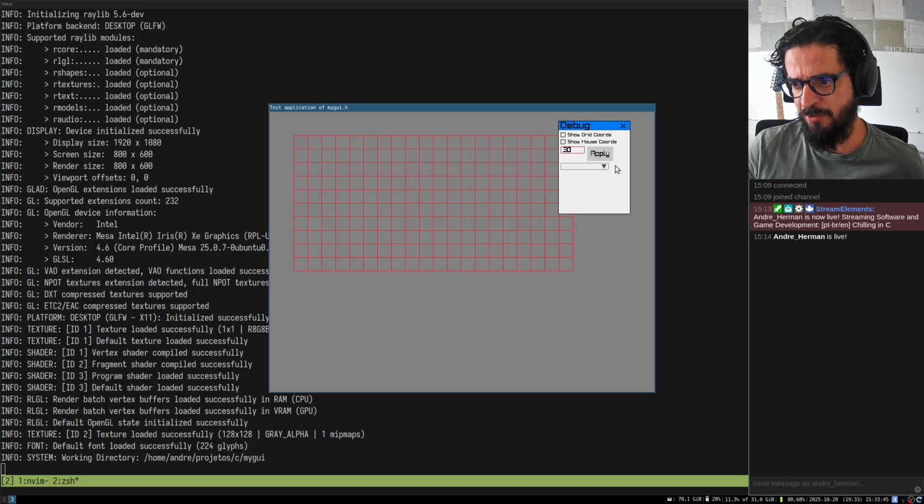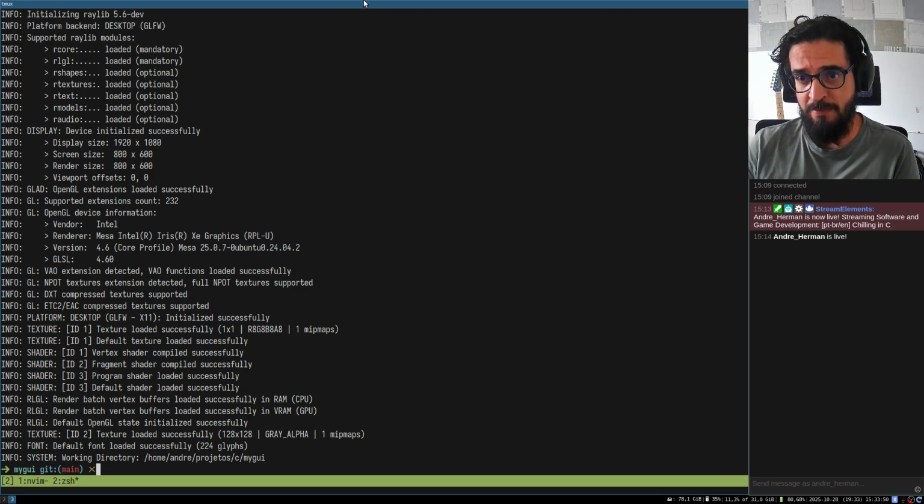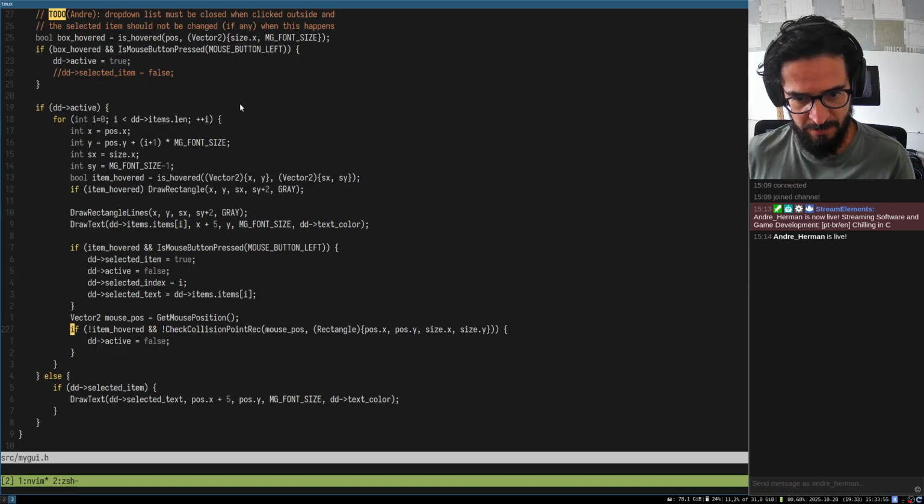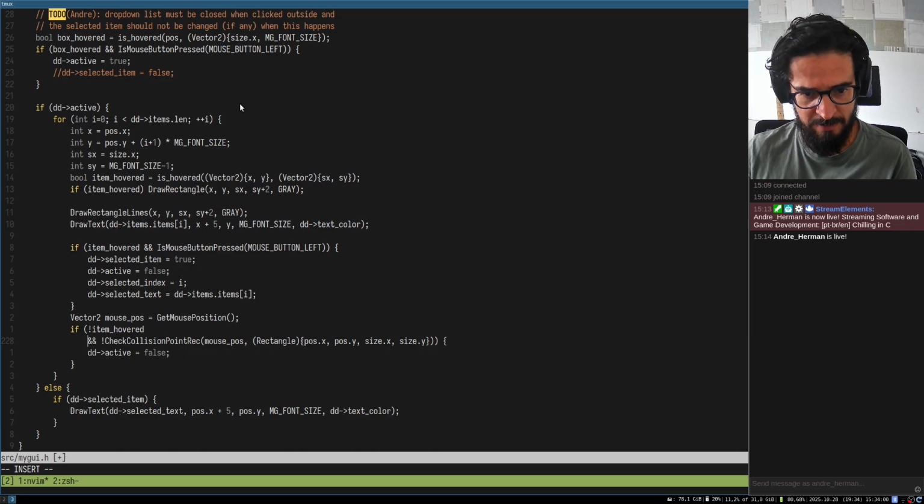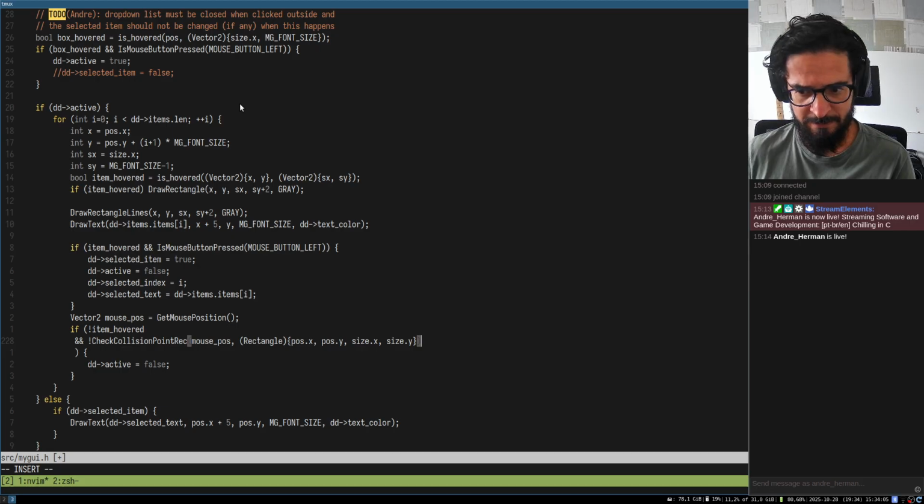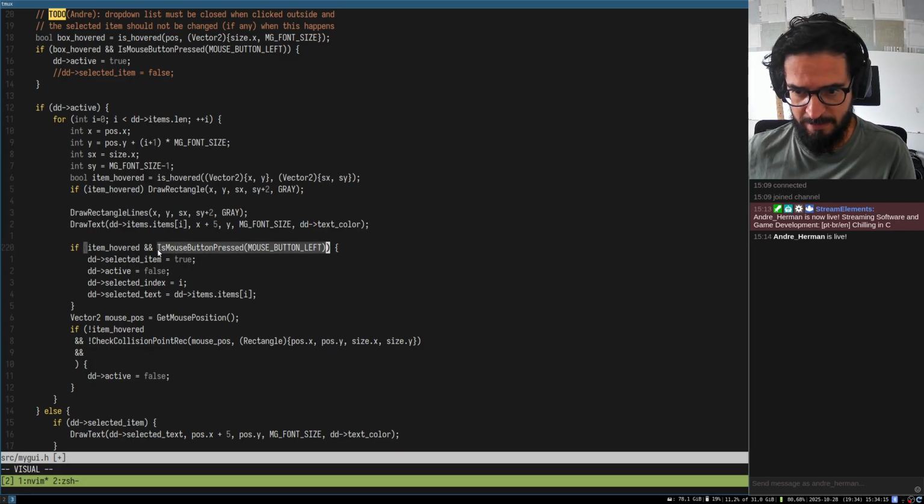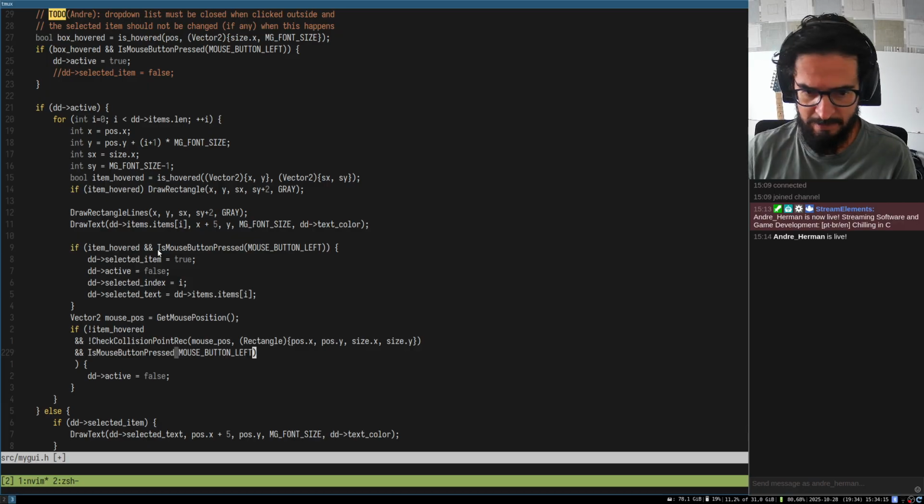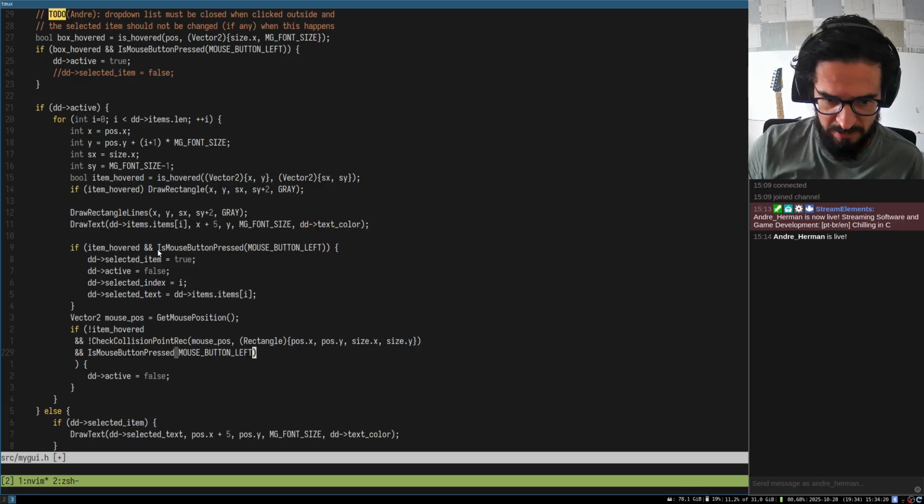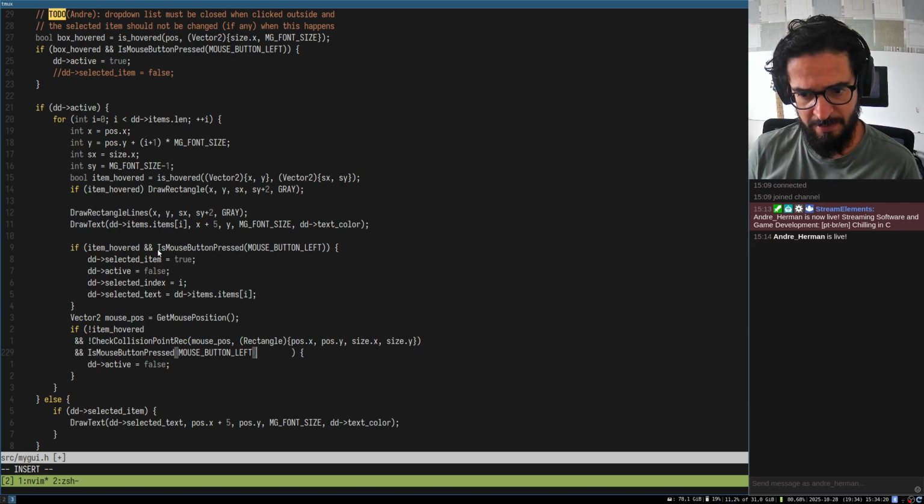Okay, almost there. Okay, it's not hovered, but we have to click it. We have to click it as well. And so just one more condition. It has to be this and this. And it's is clicked, like that. The left mouse button is clicked. Then